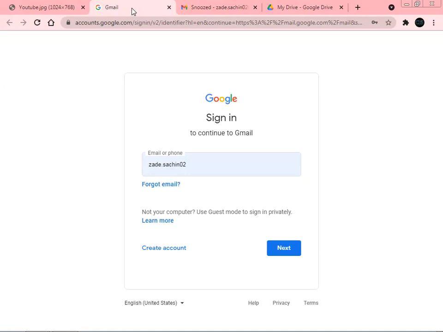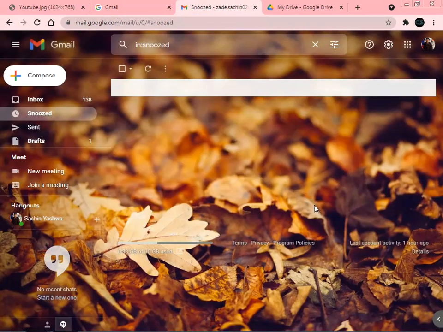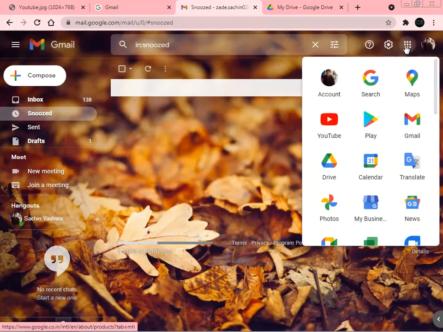So Google form is the service which is provided by Google itself. So we have to log in with our Gmail account. So we are going to log in with this. So I'm entering this, and after entering the password we will start with the Gmail account. When we come to our inbox, on the right side we will get these 9 dots, which are nothing but the Google apps. So click on this Google apps option.